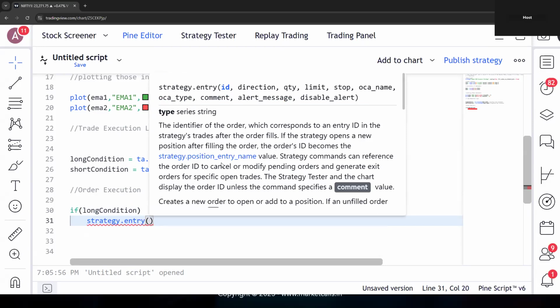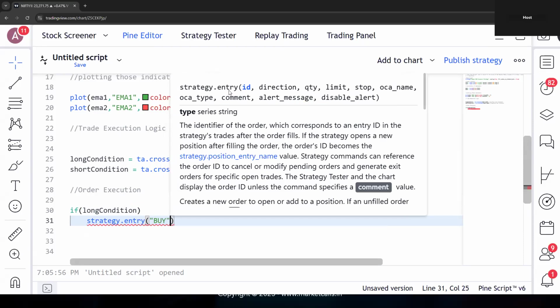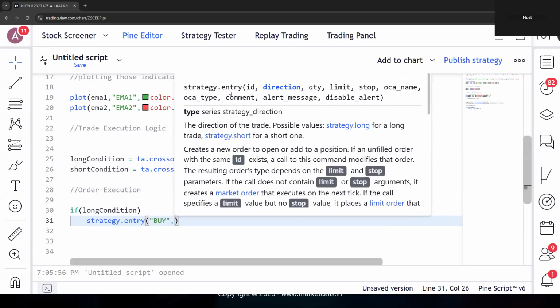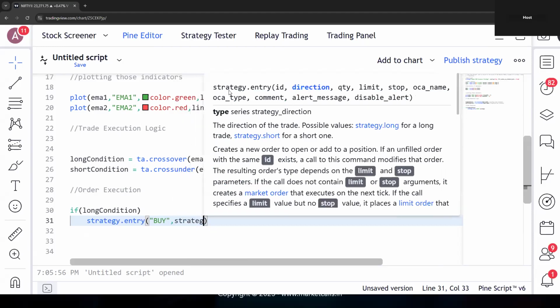So we have to give an ID. You see that first it is asking for an ID. I'll say buy, but it's up to you. Whatever value you want to specify, you can specify that. The next one is direction. Direction says whether you want to send a long order or a short order. If you want to send a long order, you have to say strategy.long,